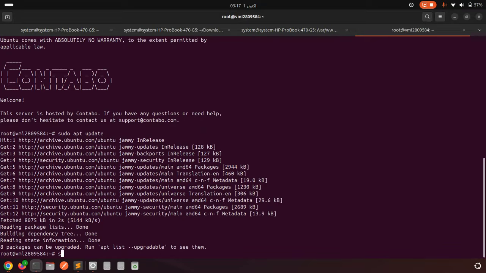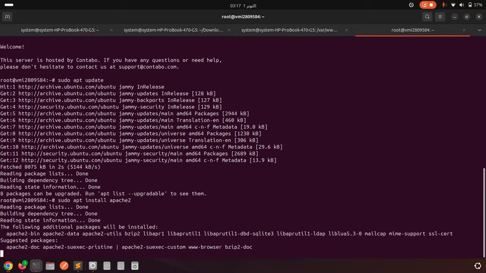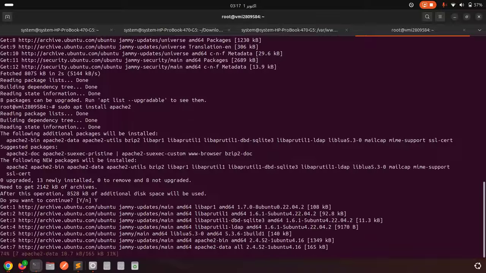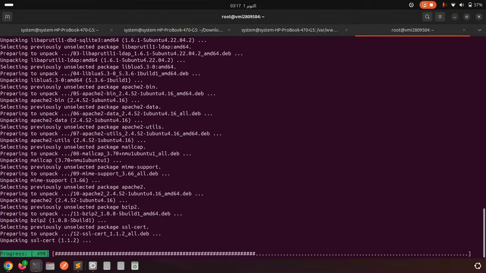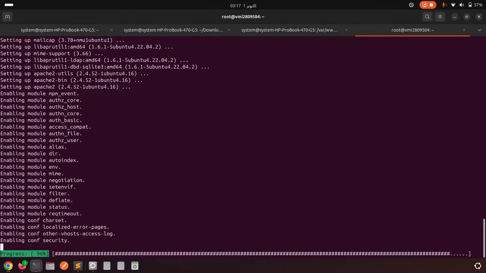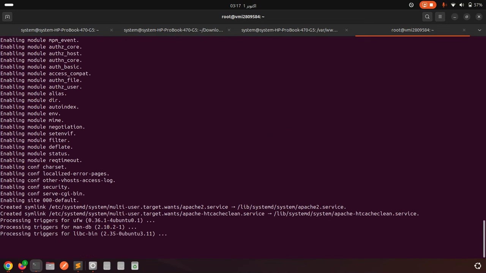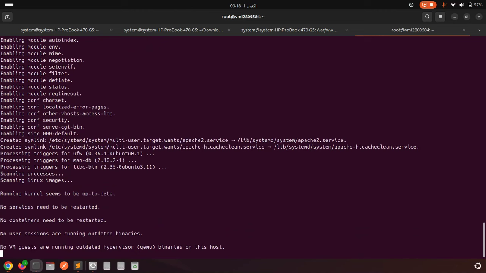The command is sudo apt install apache2. Press enter, press Y to continue. You can see the Apache server has been installed successfully.